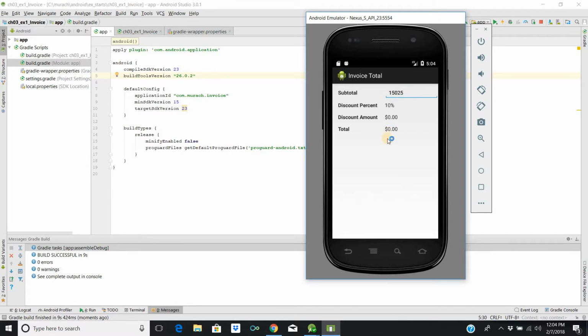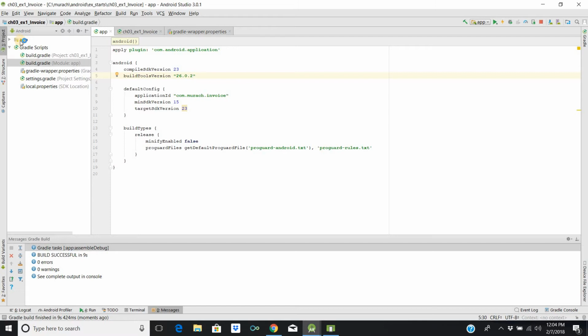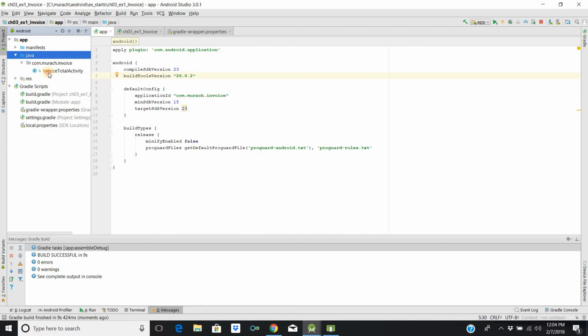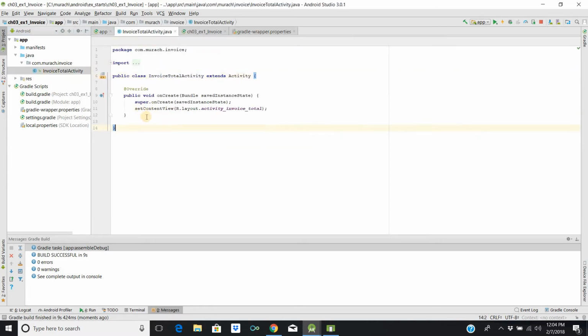So it runs, but it doesn't do anything. So up to now we have completed steps 1 and 2. Now we need to modify the Java code inside of the application to make it work. So the way we can do that is by navigating to the Java invoice total activity file. So once we are in that file,